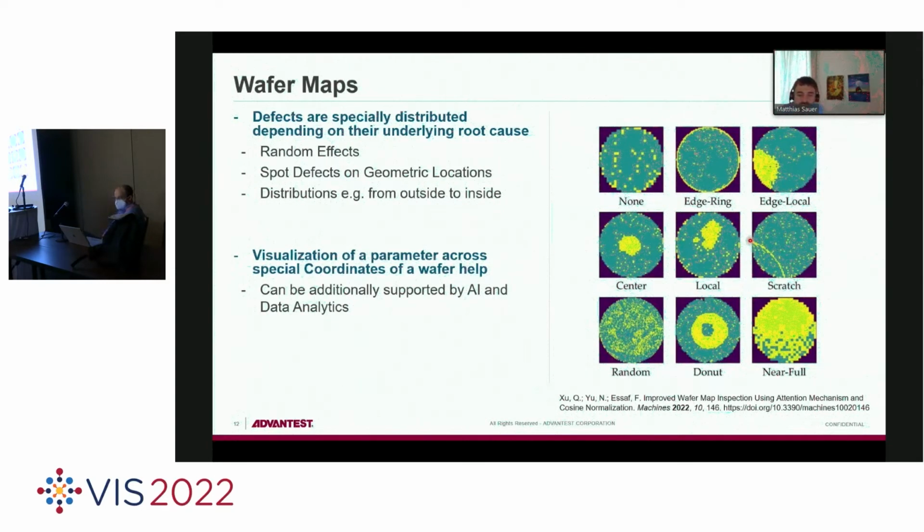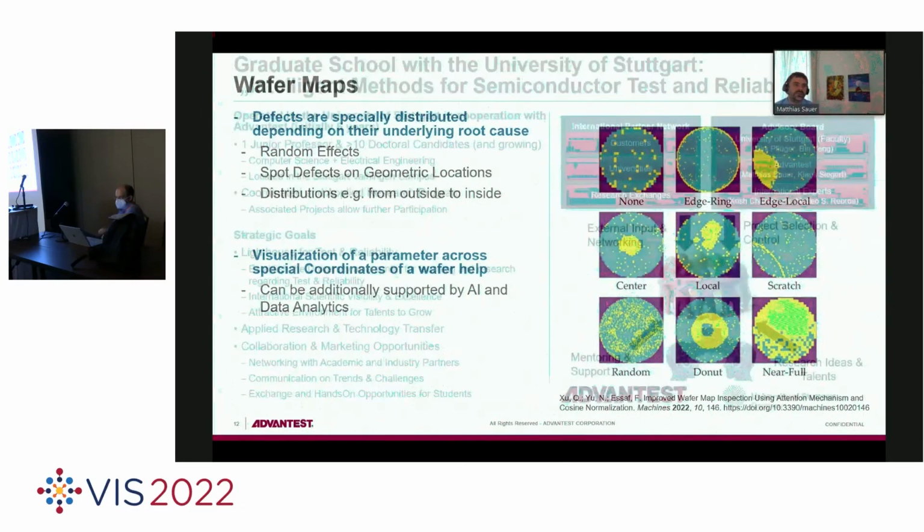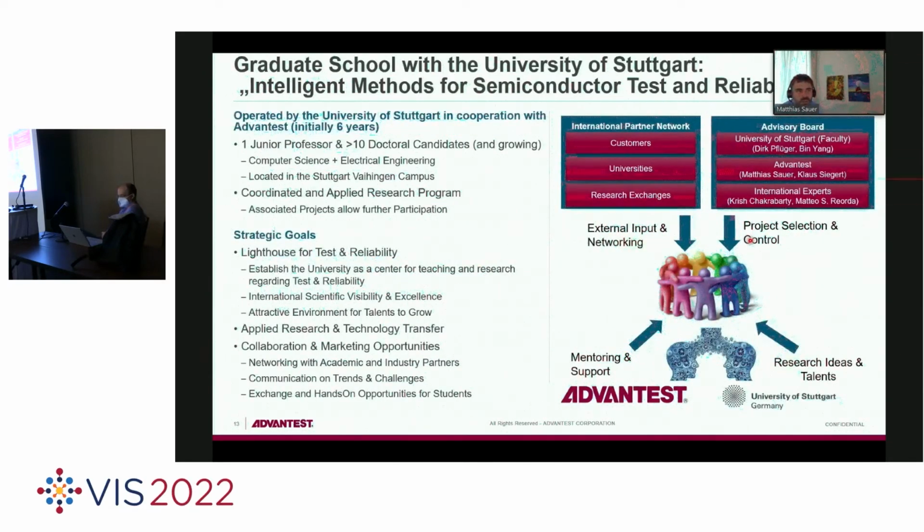And this is a general theme that we see: in the semiconductor area, we have a whole lot of data, and there's a need for research on how to support and help the engineers in their data analytics. So before closing, let me quickly point to one of the activities we have from Advantest together with the